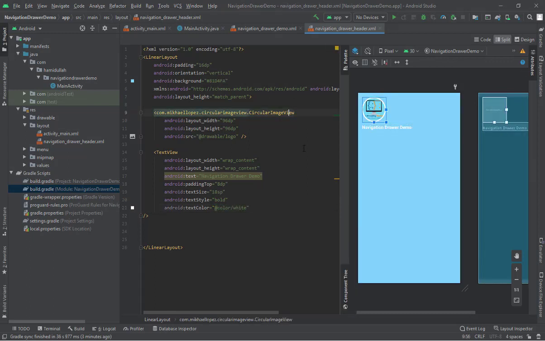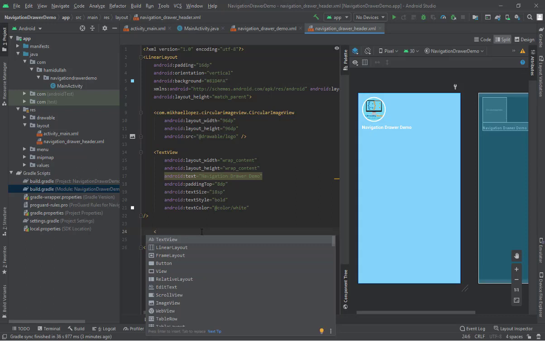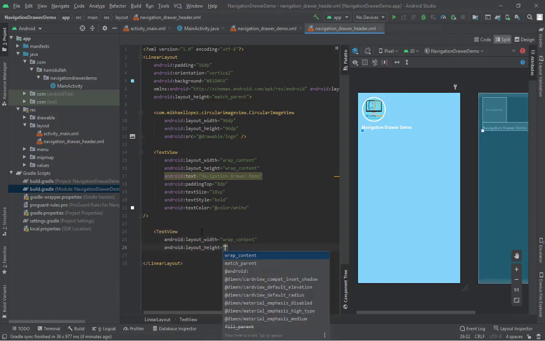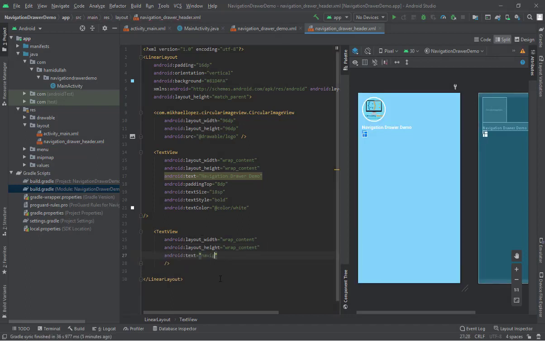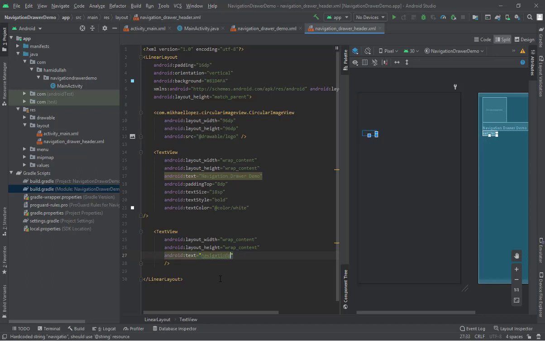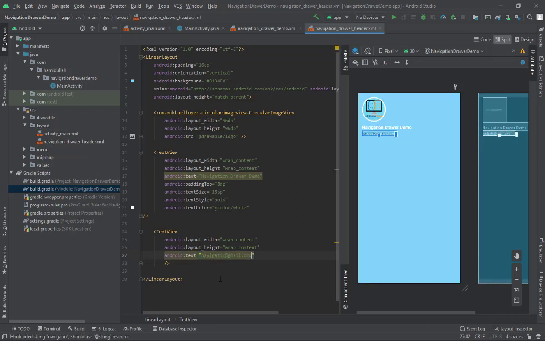Now that we are done with that, you can also create a text view if you want to show your website or your Facebook link or your YouTube channel, or wrap content, navigation at gmail.com. And one more important thing that you need to take care of is to change the linear layout from match parent to wrap content. Now it's better. Let's go to our activity main.xml,